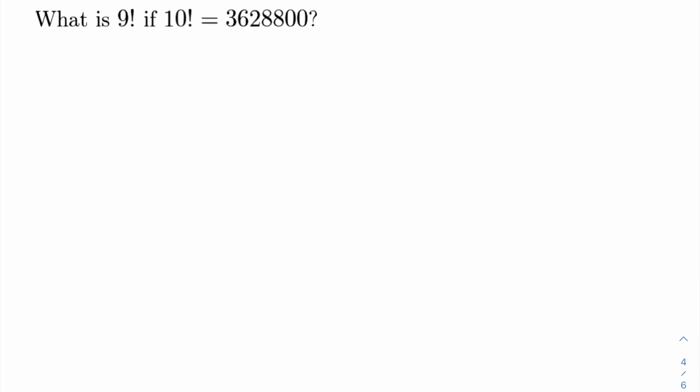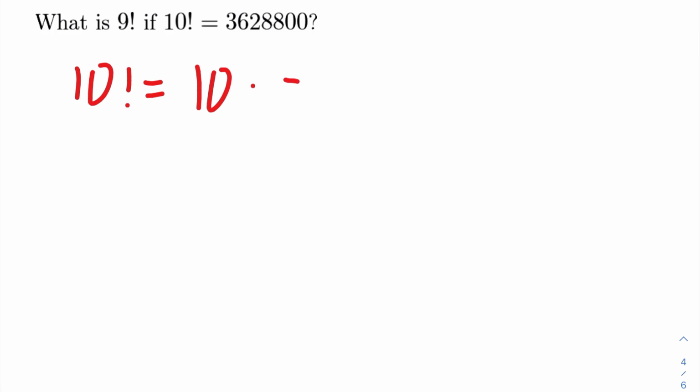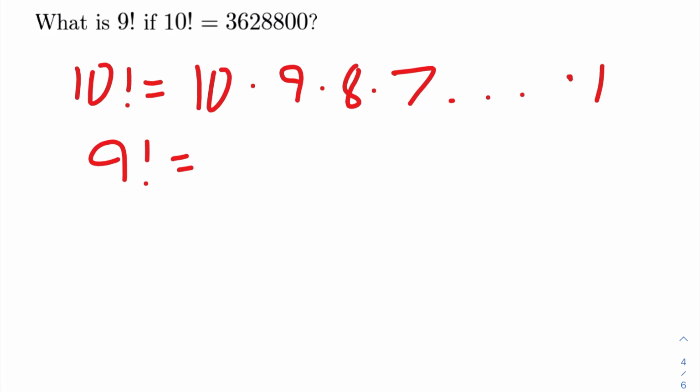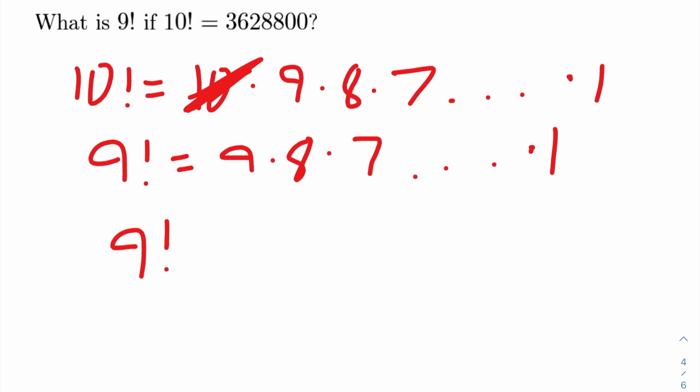What is 9 factorial if 10 factorial is equal to 3,628,800? So we know that 10 factorial is equal to 10 times 9 times 8 times 7 all the way down to 1. And 9 factorial is equal to 9 times 8 times 7 all the way down to 1 as well. So if we divide 10 factorial by 10, we would get rid of this right here, and it would be equal to 9 factorial. So in other words, 9 factorial is also equal to 10 factorial over 10,